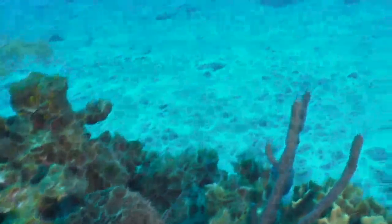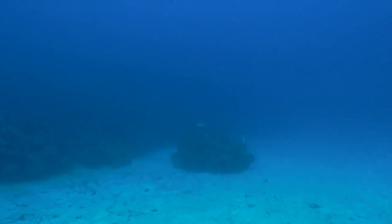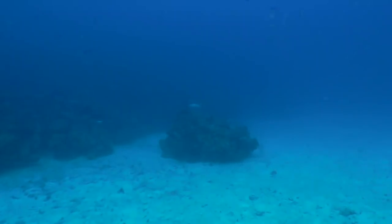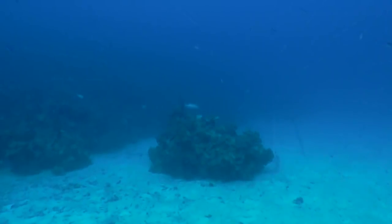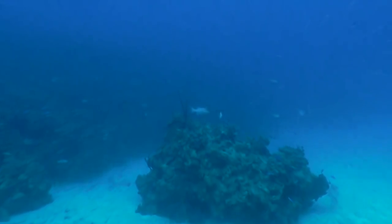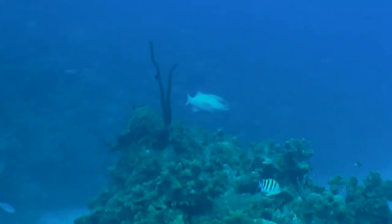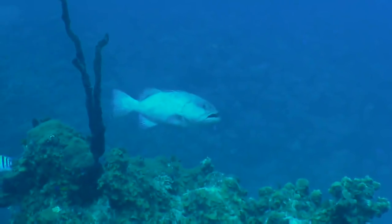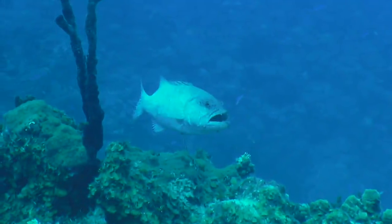Let's go over here. It looks like there's a pretty big grouper hanging out on top of this lobby over here. We can see it away in the distance there. I wonder what species it is. It actually looks like it may be a small Goliath grouper, or no, perhaps it's a tiger. Yeah, we can see the stripes, the very faint stripes running down the body,